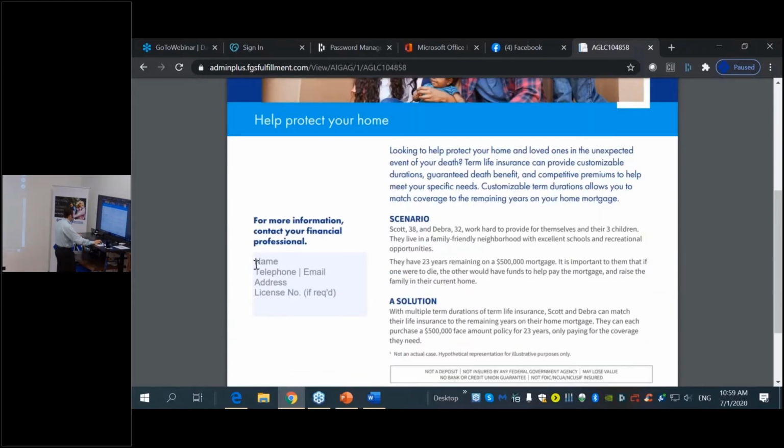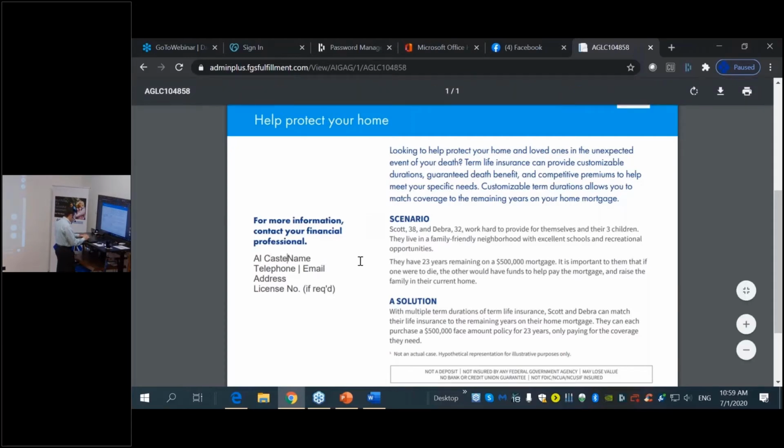Obviously, since you're going to be sending something in the mail, you need to include your contact and professional information. So here I am. I'm going to enter my information here, my phone number, and then my email address.